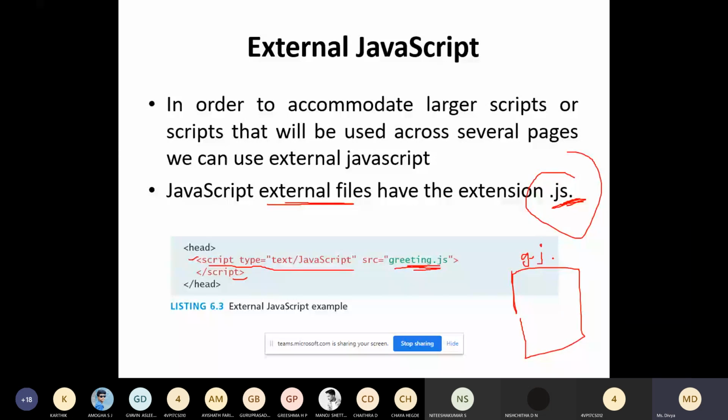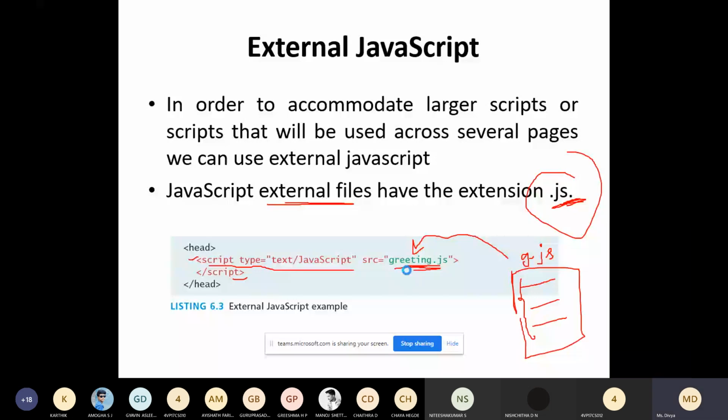Inside this you have to write the JavaScript code, for example creating variables a, b, c, document.write. Whatever JavaScript code is there, you write it here, and that file name you have to refer here, similar to external CSS. This is the external JavaScript file.